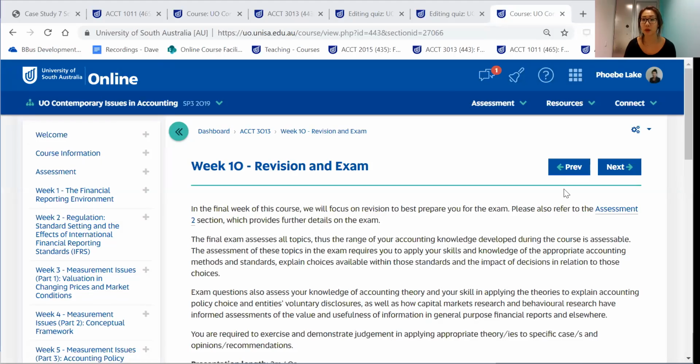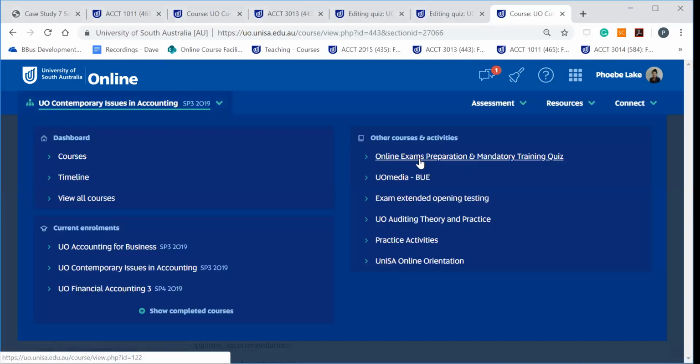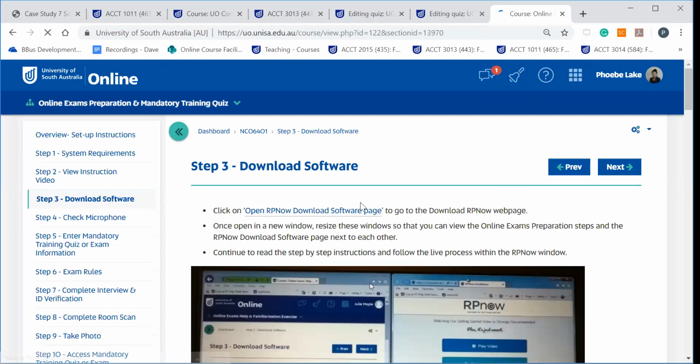So let me just share the website. Okay, so this is our course site. When you click that one, there is online exam preparation and mandatory training quiz. I know that most of you, this is not your first online exam, so you will be quite familiar with the process, which is great, but still, download the program because RPNow or PSI go through upgrades or